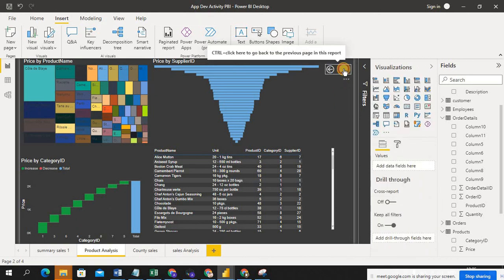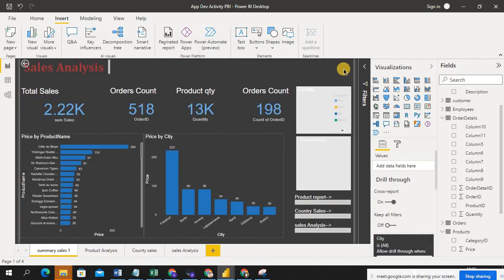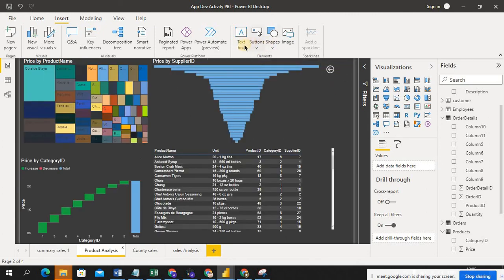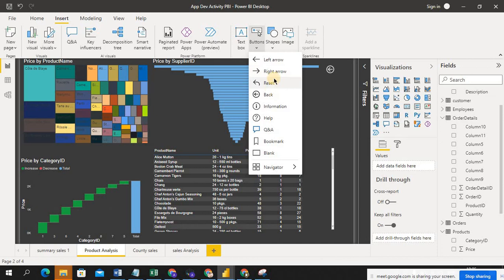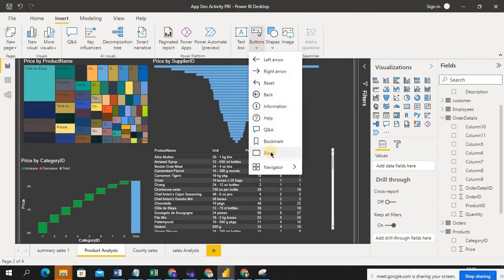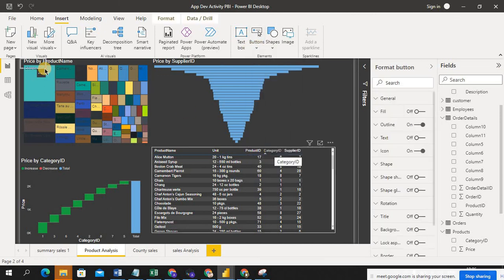So if you press control and see, again I'm telling, I'm using this back button because this sheet is immediately next to this one, right? In the sense of the back sheet. Else you can remove this, go to buttons, take blank again.